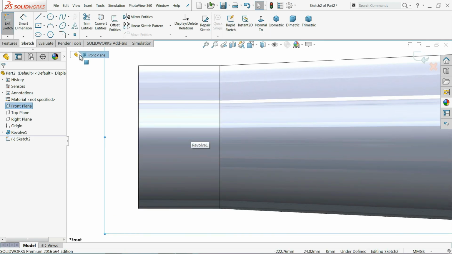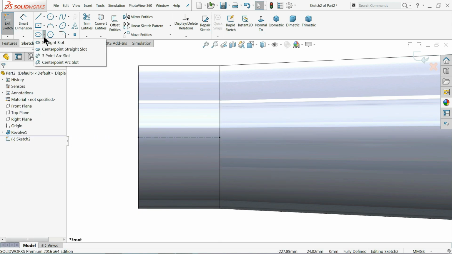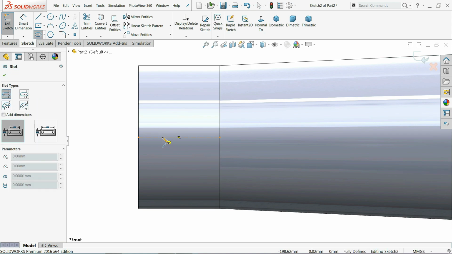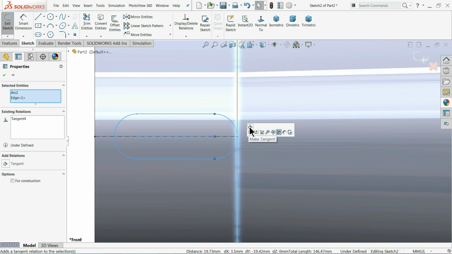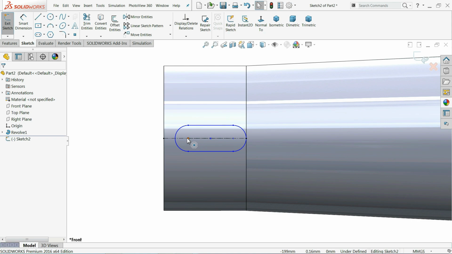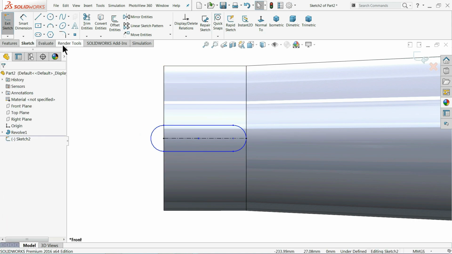Now again we will use the same plane, front plane is sketch normal. Now here we want to make a cutout, so let me draw one center rectangle, a center line, construction line, and here we will try this straight slot. Let me draw now. What we will do, choose line and this one and create relation tangent. That's fine, even though you can take it out, or even though you can make up to here, that's also fine.